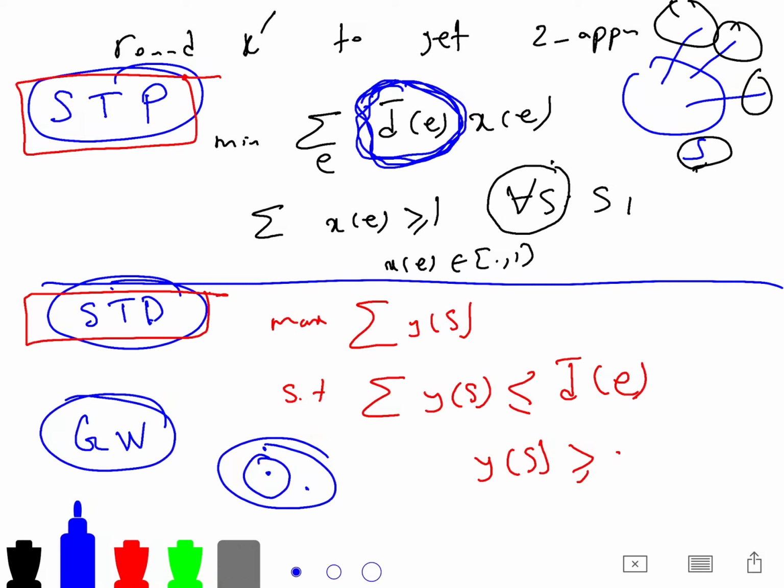So d bar of e is the solution of your LP minimization that you did for the spanning tree. So it's like you have done